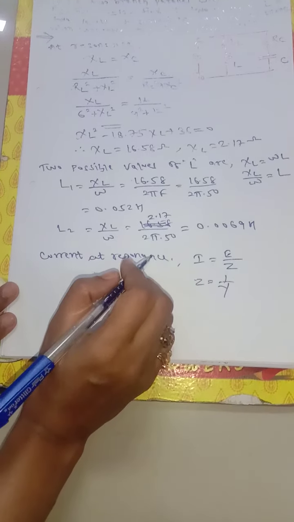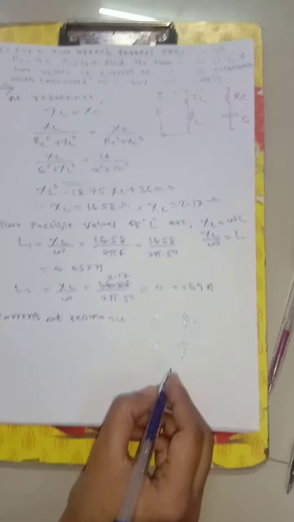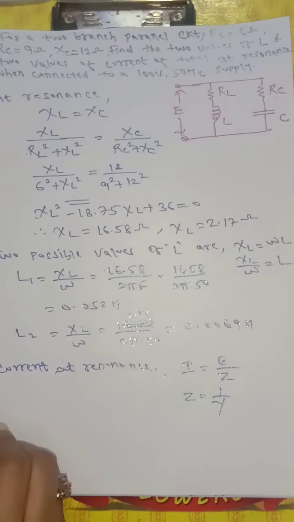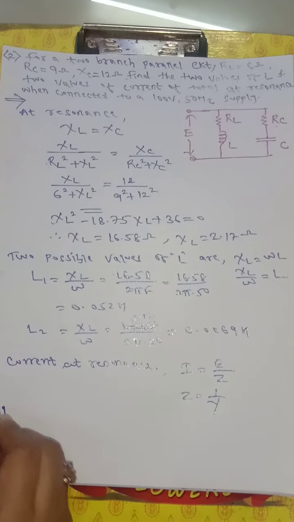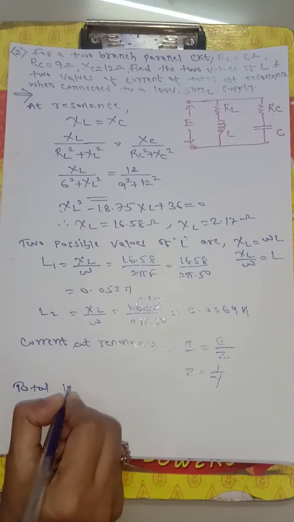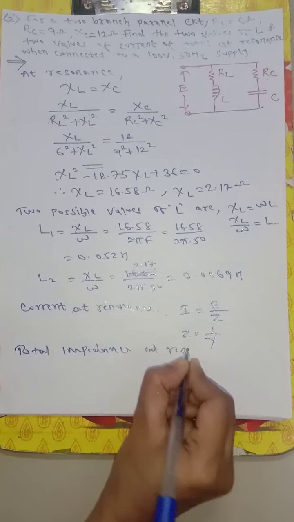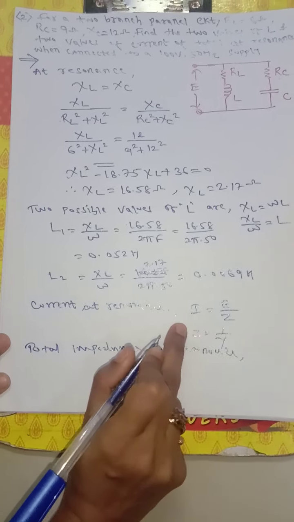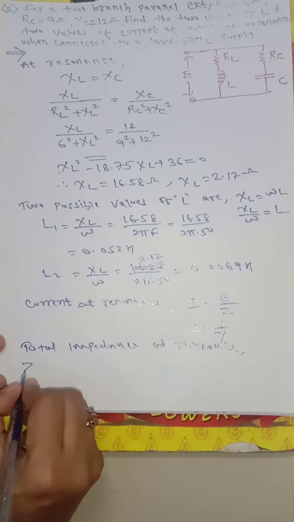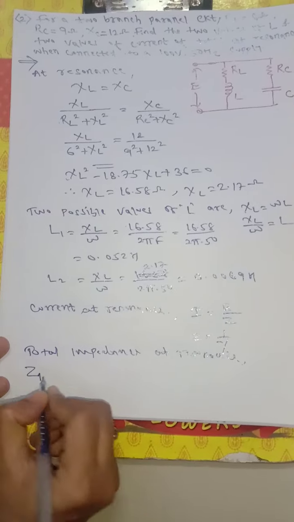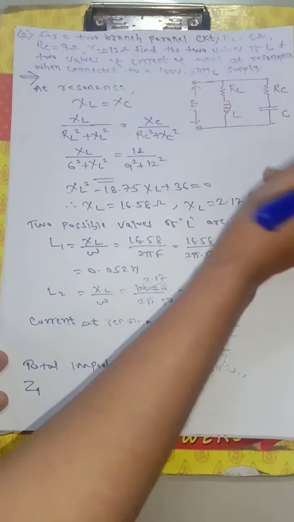One of the formulas, after derivation, here there is no role of a derivation. So directly we will find the value of the impedance. So note down here the total impedance at resonance. How can we calculate the total impedance? That is nothing but the Z. Once we got the Z, you can calculate easily the admittance. So here my Z dynamic or the total impedance for this branch Z1, for this branch Z2, and Z is equals to 1 by Y.